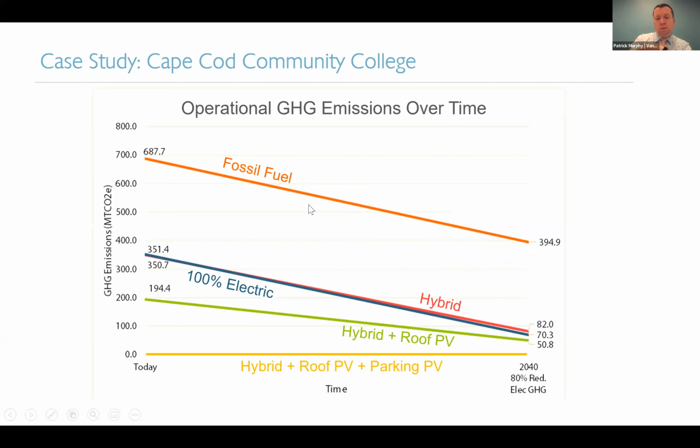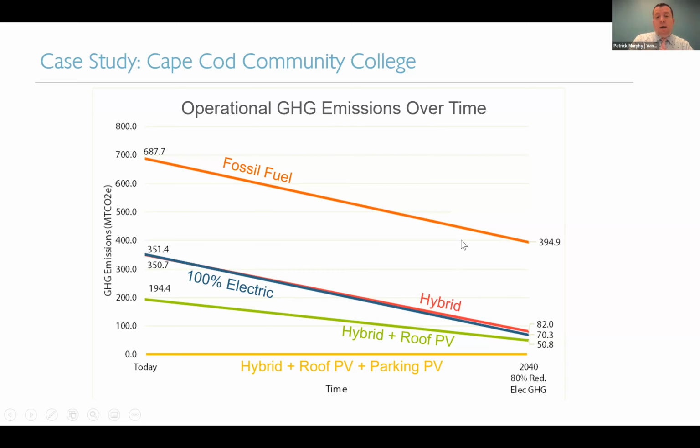So these are emissions over time. The lines are going down because the grid is, in this analysis, getting cleaner over time. The traditional fossil fuel approach has annual emissions. So this is not cumulative. This is each year, the emissions over time. Our proposed 100% electric in blue was down here. So like a dramatic reduction in